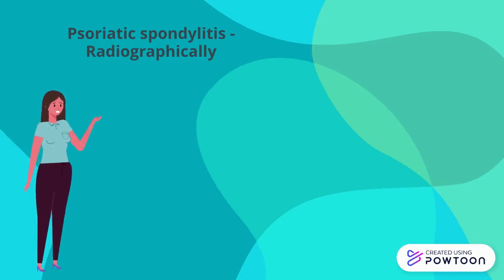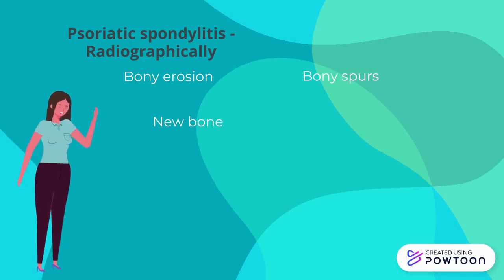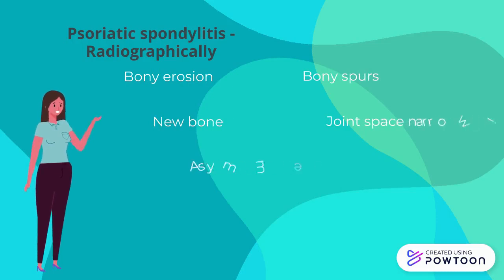On radiographs, psoriatic spondylitis is characterized by bony erosions and resorption appearing as the pencil-in-cup deformity, bony spurs, new bone formation or periostitis, layers of periosteal ossification due to diaphyseal inflammation, joint space narrowing, and asymmetrical spinal and interphalangeal